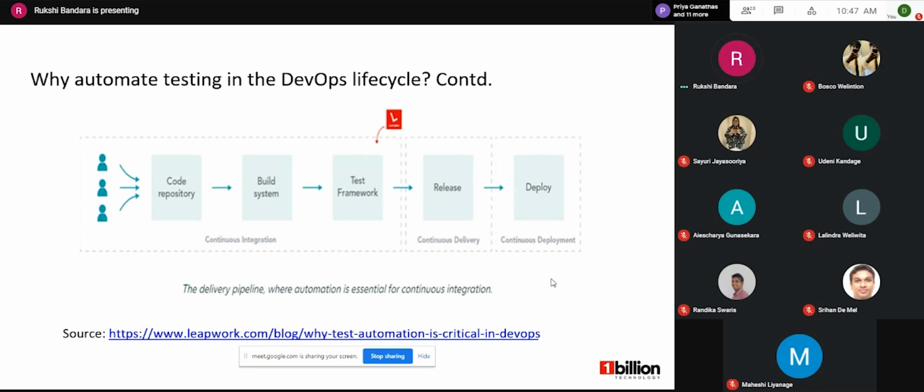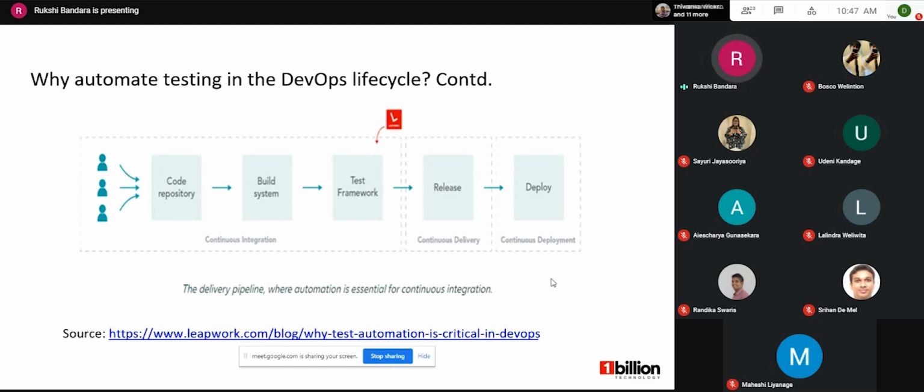That means he's now continuing working on a new piece of code. And meanwhile, the code is entered into the build system and it is ready to be tested. So a tester takes the code and runs it against a set of criteria to test its validity.